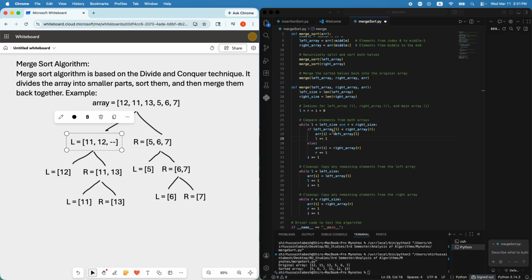Yeah, R is increased only one time when we added number 11 here, and the right size is 2, so it says yes, 1 is less than 2. So now we say, well, at index I, which is this one, because we had increased that here, we should put the element from right array, which is number 13, at index 1. We take number 13 and put that here,